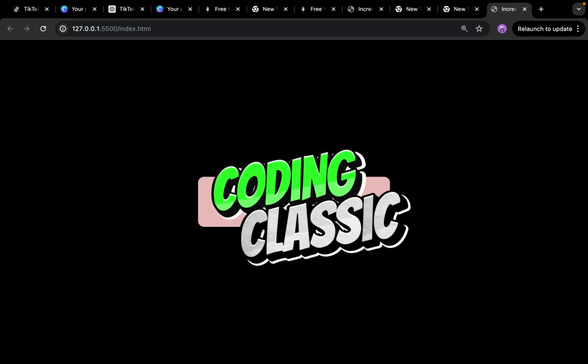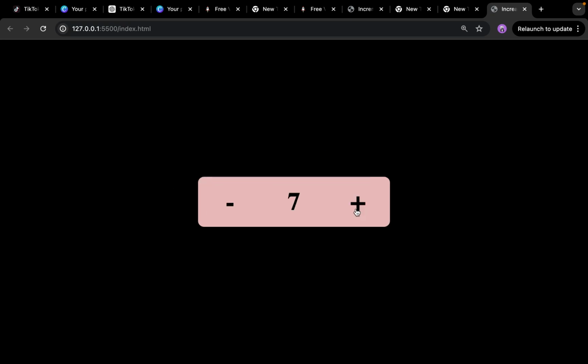Welcome to Coding Classic. In this tutorial, we will learn how to create increment and decrement button using HTML, CSS,